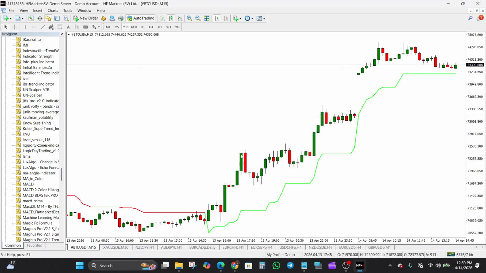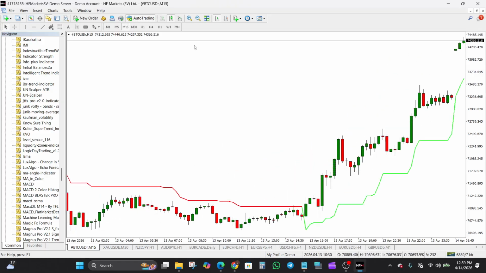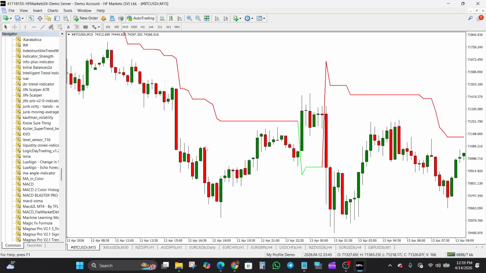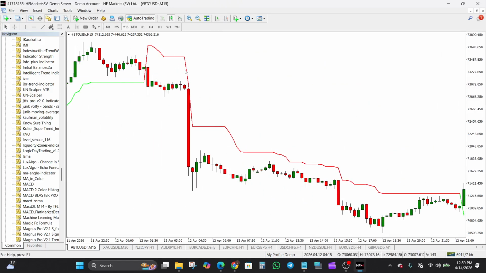Okay, so this is how the indicator looks. When we are in a bullish trend, you will notice the indicator line turn green and you will see price bouncing off the indicator as it serves as a dynamic support. In a bullish trend, the line will be green, trending upwards with price moving above it. In a bearish trend, the line changes color to red, trending downward with price moving below it, and bouncing off it as a dynamic